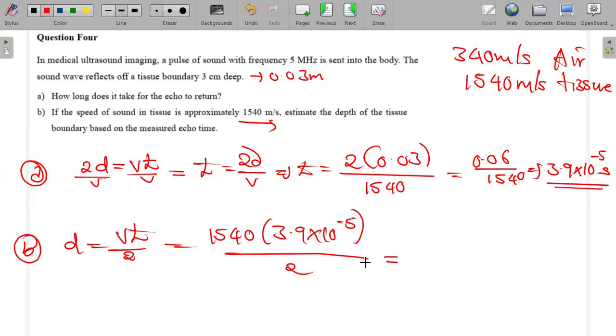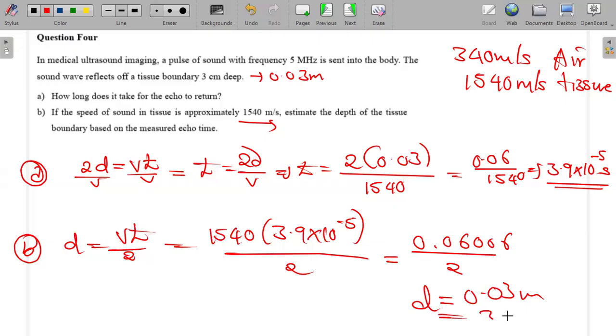This is going to give us 0.06006 divided by 2, and this is going to give us a distance of 0.03 meters, which is the same as 3 centimeters. So they're just asking us to